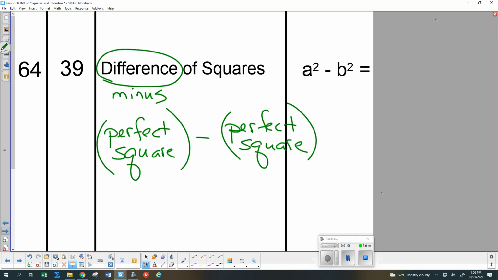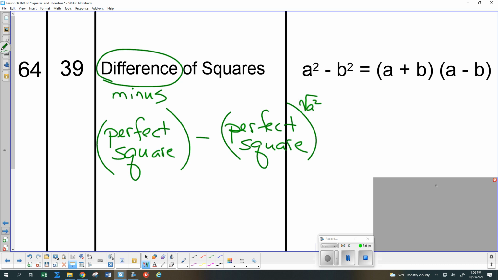So if we want to factor that, we take the square root of the first one, and we write down two parentheses that both start with x. And we think what is the square root of the second one, and both parentheses end with that square root. And then we put a plus sign in the middle of one parentheses and a minus in the middle of the other one. So if we have